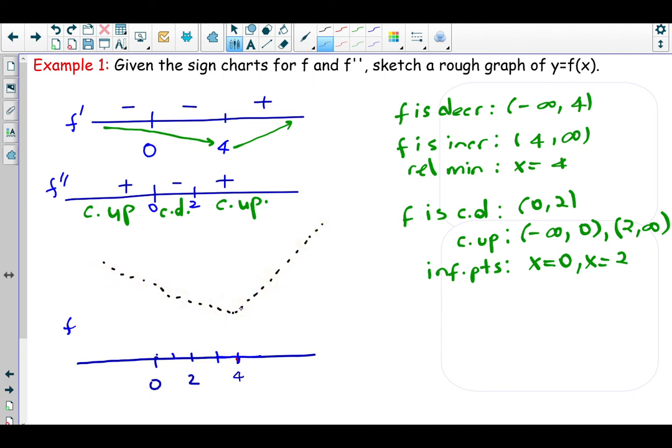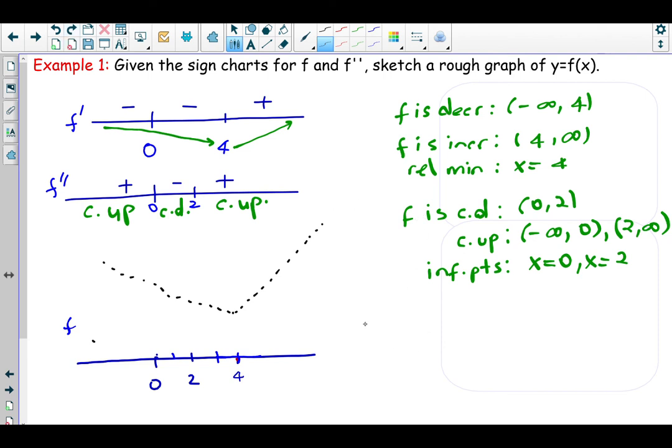Now I don't really have all the information, so answers could vary. Some of you could be putting your graph like this, further down, some of you putting further up, but this is just a rough shape of the graph. That's what we're after here. We're not looking for perfection or exact y coordinates. Okay, next,